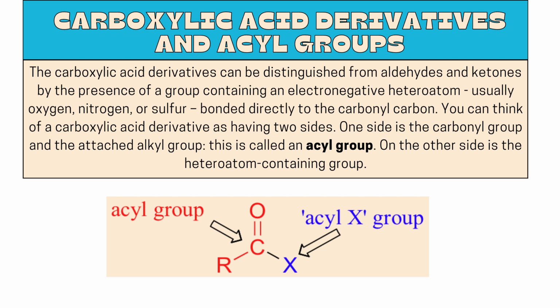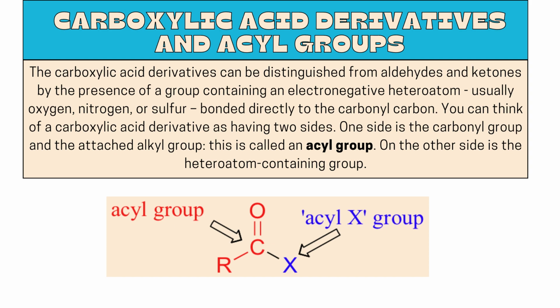So you can think of a carboxylic acid derivative as having two sides. The first side is the carbonyl group and the attached alkyl group. This is called an acyl group. And on the other side is the heteroatom containing group, which is sometimes referred to as the acyl X group. Like you can see, we have R and CO, which denotes the acyl group, and an acyl X group